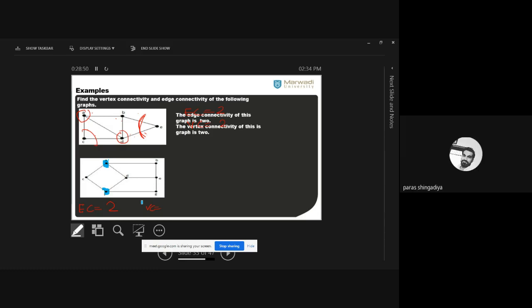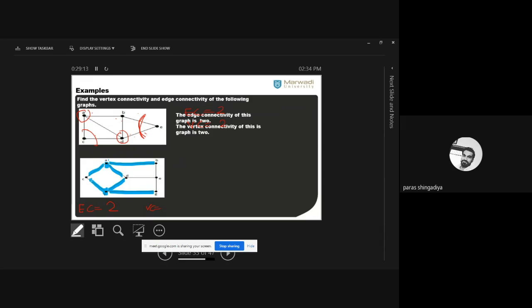ठीक है. Delete A and F. That is vertex A and vertex F. That is this one. A यहाँ पे है, F यहाँ पे है. So when we delete A, यहाँ से निकल गया पूरा. तो A के साथ तीन एज भी कनेक्टेड है. This will be removed. And F के साथ भी तीन एज कनेक्टेड है. This also will be deleted.